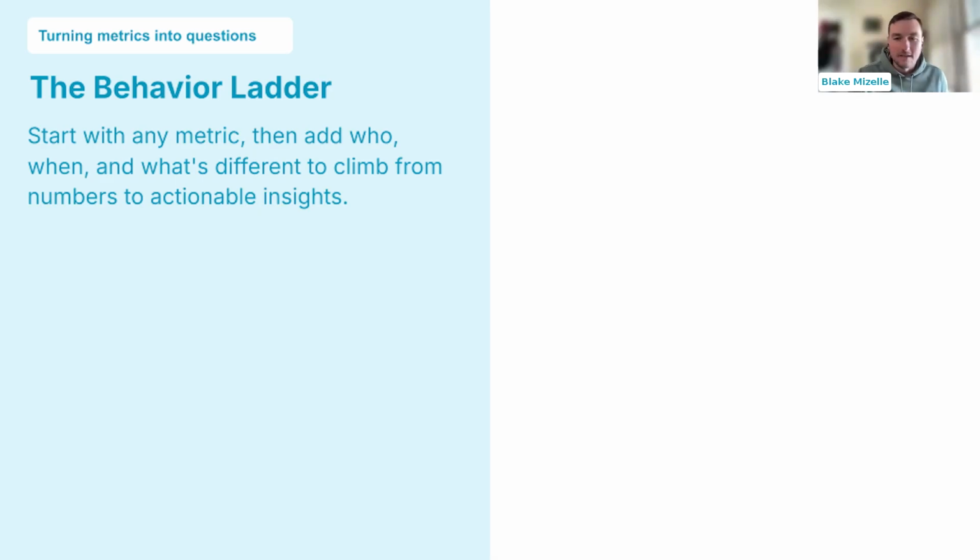the central method here is you want to start with any of your metrics. This is really good if you're just taking a look, just diving in, pulling some initial filters. Start with those metrics, and then you add who and when, and climb those numbers up until you start seeing actionable insight. We talk a lot in digital campaigning about the engagement ladder. This lets you retroactively look at that engagement ladder through data and follow your supporter journeys to see what's really happening there.